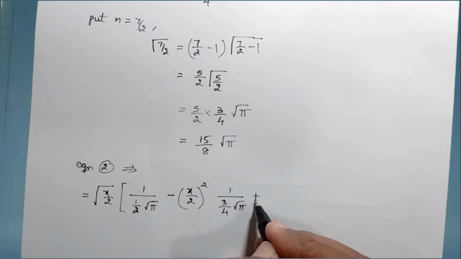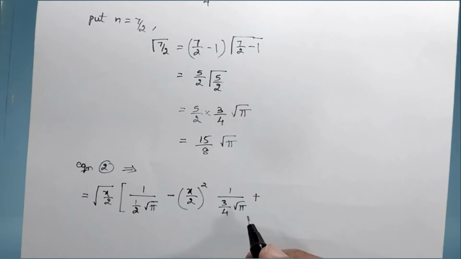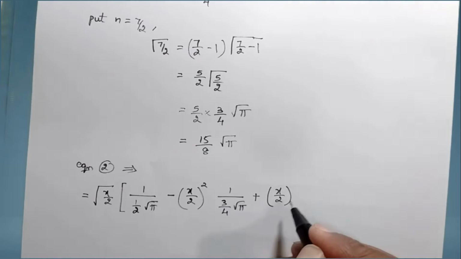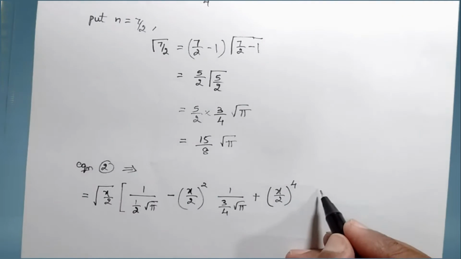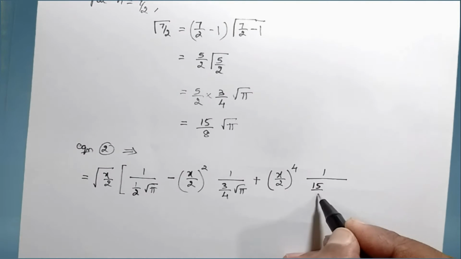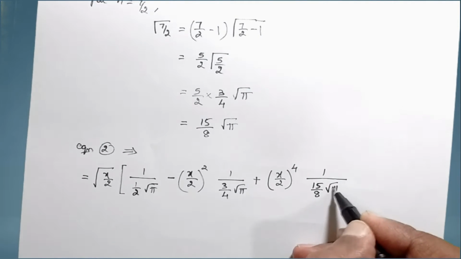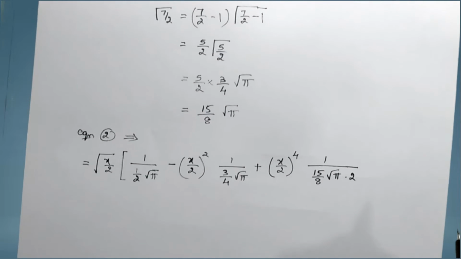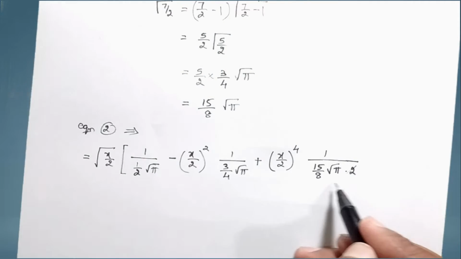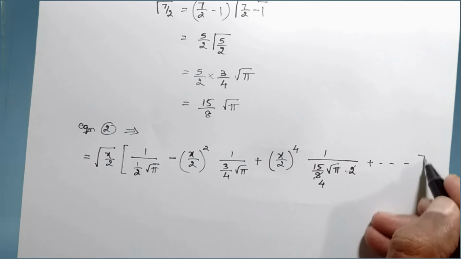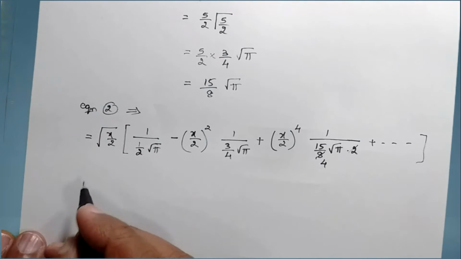Next term plus, we are having minus 1 power of 2. So minus 1 whole square will become positive itself. Then you have x by 2 to the power of 4 into 1 by gamma of 7 by 2. Gamma of 7 by 2 is 15 by 8 square root of pi into, you have 2 factorial will become 2 itself. You can cancel out this one. 2 1 times 2 4 times, and remaining terms up to infinity as it is, which will be equals to,